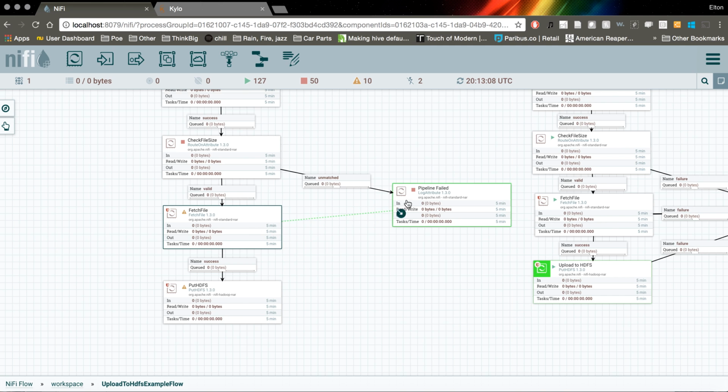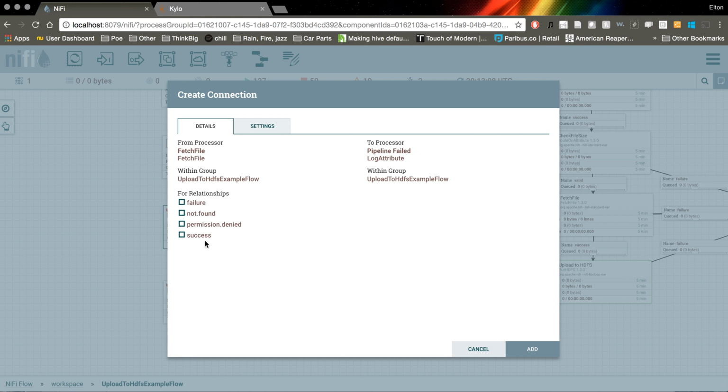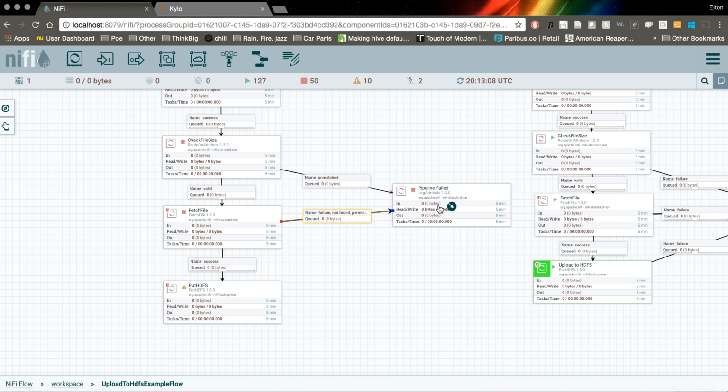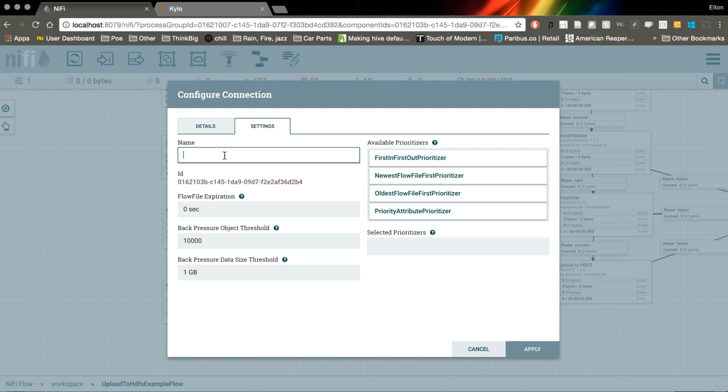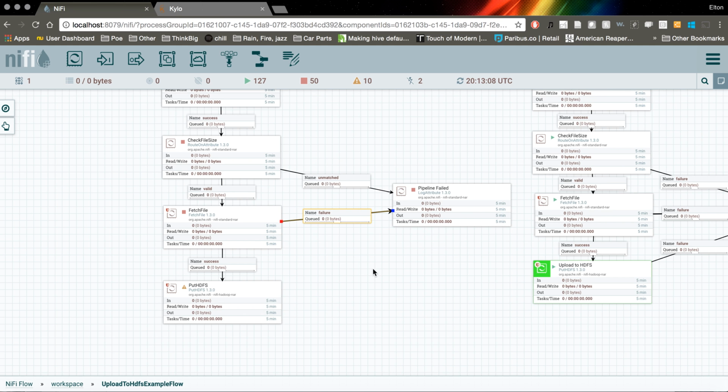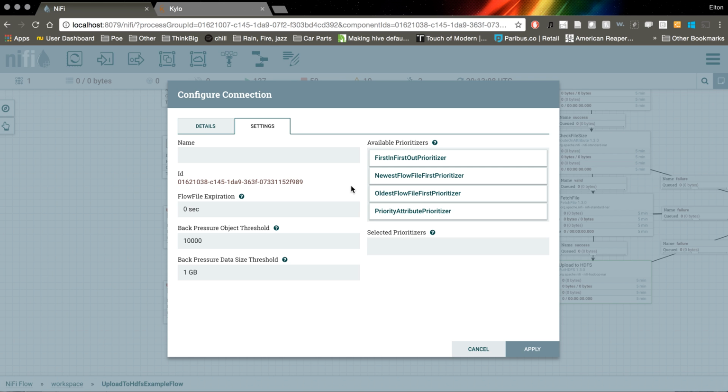and then on fetch file we're going to route all the failure cases, which is permission denied, file not found, or just generic failure error. We're going to route all those into pipeline failed, and then it's important that we go back and rename this relationship to be failure. It's important to name this failure because in Kylo, the way Kylo detects pipeline failures is